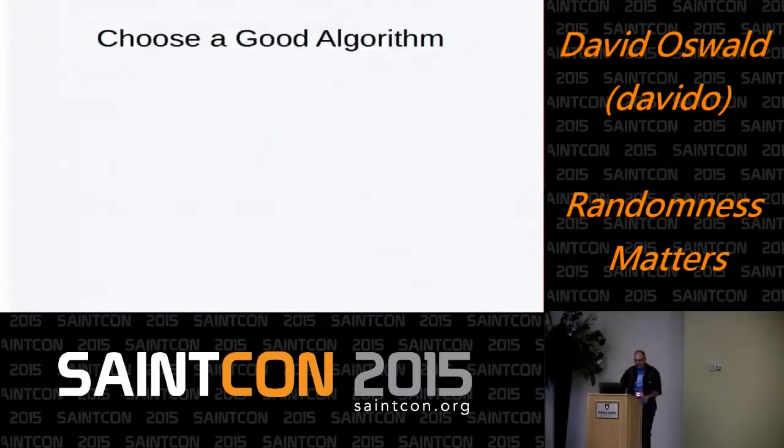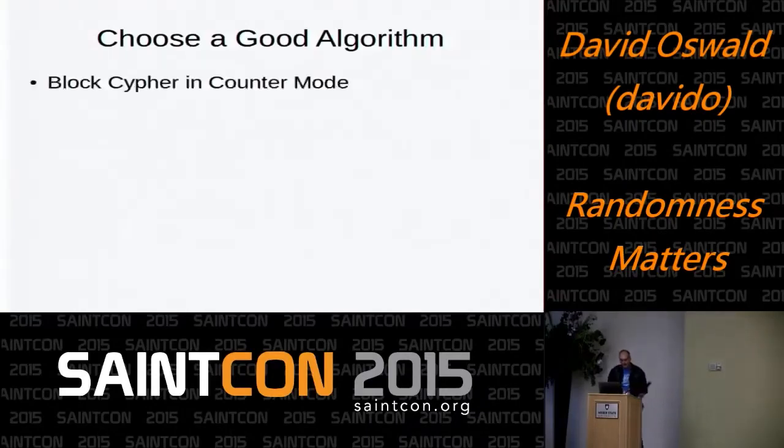But what else can we do? Well, we've got to choose a good algorithm. I mentioned ISAAC as being one of the algorithms. A block cipher in counter mode. These are just things you need to be looking for. A block cipher in counter mode is considered a good cryptographically secure algorithm. Yarrow is used by FreeBSD for /dev/random. I think it might be used in general GNU/Linux now for /dev/random, or maybe Fortuna is used by Linux at this point in /dev/random.